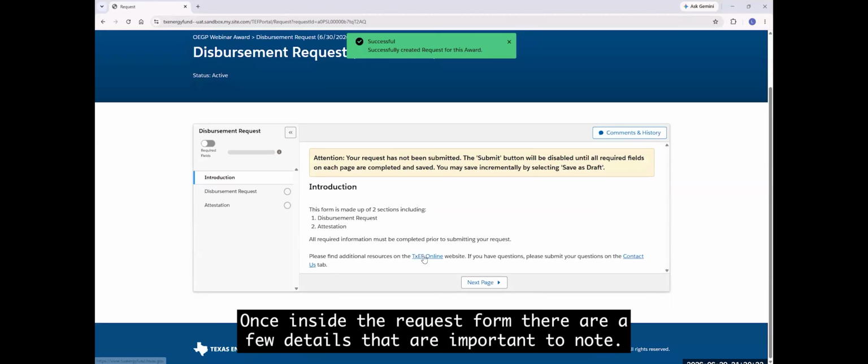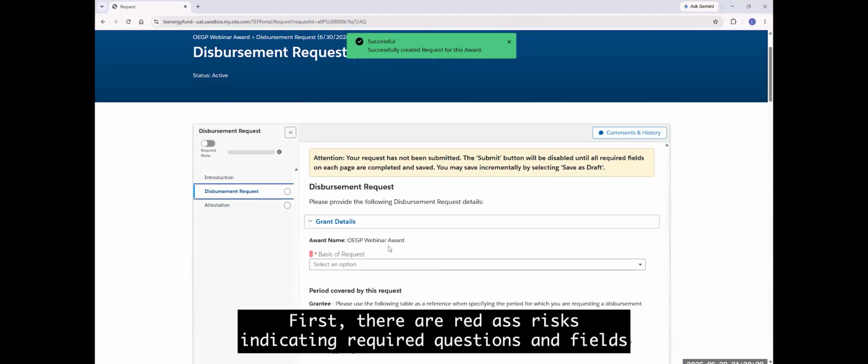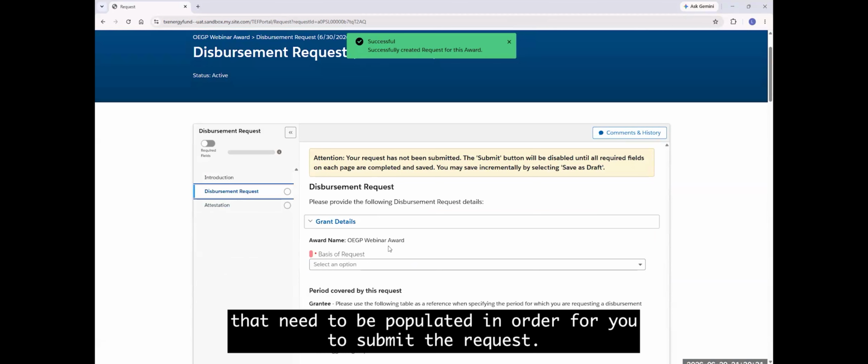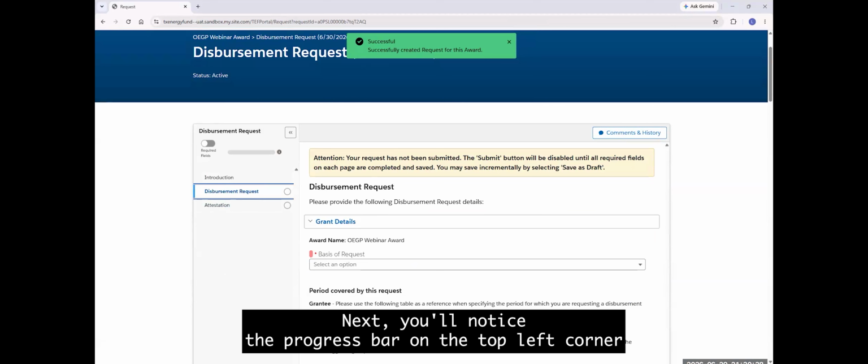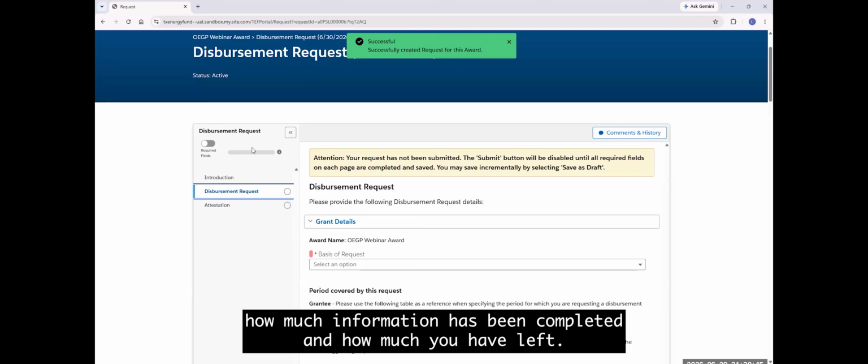Once inside the request form, there are a few details that are important to note. First, there are red asterisks indicating required questions and fields that need to be populated in order for you to submit the report. Next, you'll notice the progress bar on the top left corner indicating how much information has been completed and how much you have left.